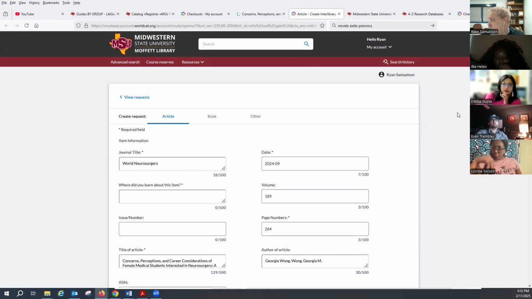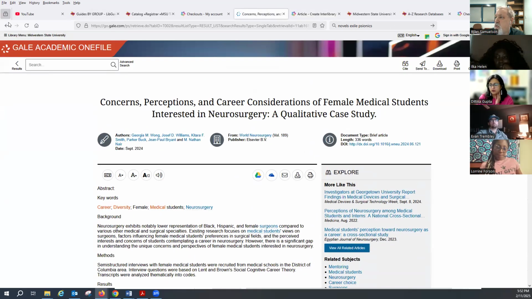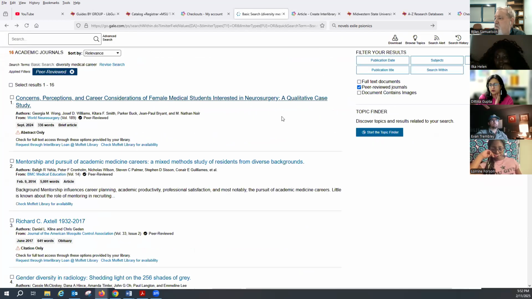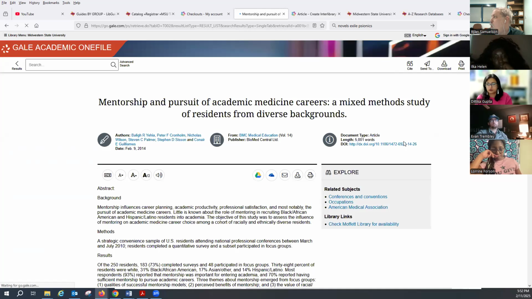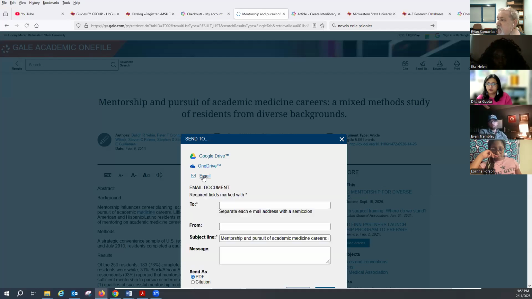If the particular article is not full text, or if it is full text, another thing you can do, if there is a full text article in here, let's see if I can find one that is full text. Here we go. One of the things you can do, and I suggest doing this,